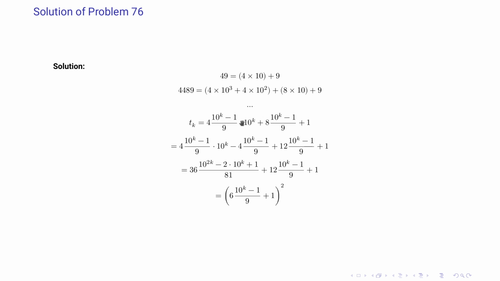How we have arrived at this formula is, if you look at this value 4 into 10, it is 10 to the power 1 here and k is 1. So we can say 10 to the power k minus 1, that is 10 to the power 1 minus 1, 9 will get cancelled, and 10 to the power 1 here, so 10 into 4. So we will have 4 into 10 here. And this will get cancelled out again, 9, 10 to the power 1. So it will get cancelled and we will have 8 plus 1, that is 9.